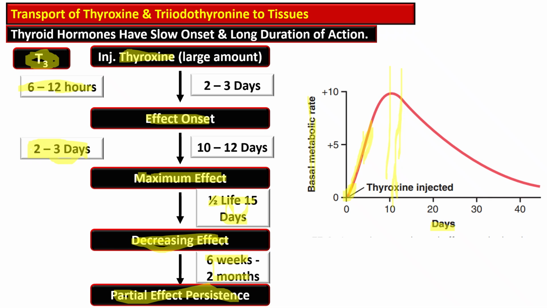and the time needed for gene activation and protein synthesis. Then there is a gradual decline over 4 to 6 weeks that reflects the long half-life of thyroxine, about 15 days, and slow release from tissue stores. So the effect of thyroxine is slow onset, prolonged duration, and maximal effect is achieved within 10 days. This slow pharmacodynamic profile makes T4 ideal for long-term regulation, but not rapid changes in metabolism.